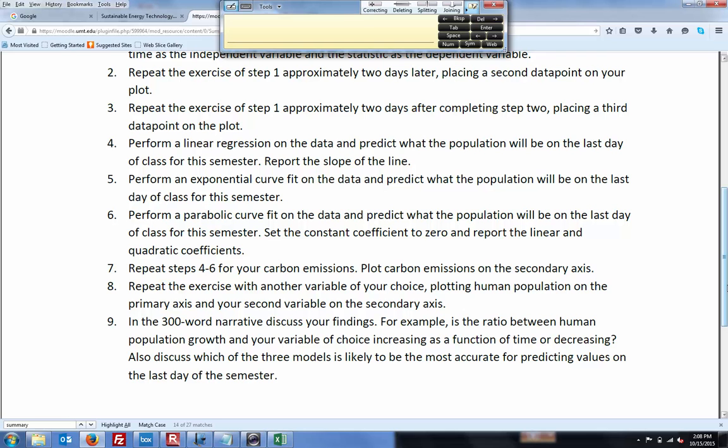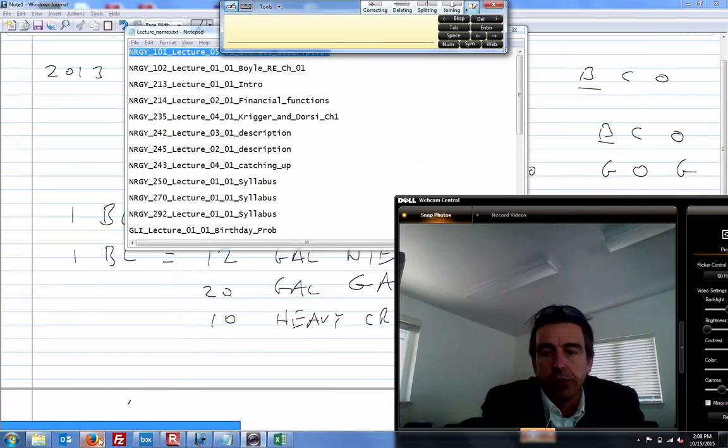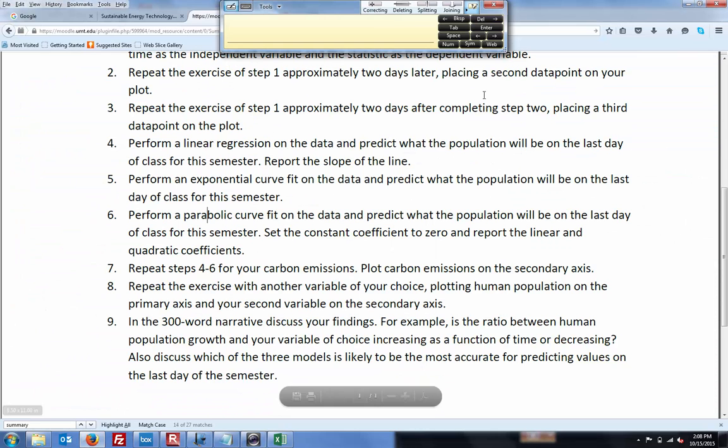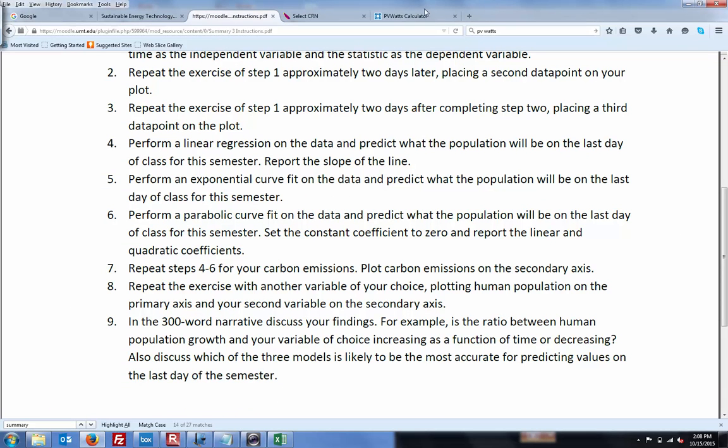Notice people's eyes rolling back in their head. You don't really have to know what a parabolic or exponential curve is. Excel does it for you, so don't freak out about that. And I'll show you a couple examples so you'll know exactly what I mean when I say that. Okay, so